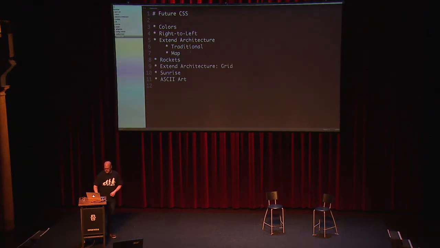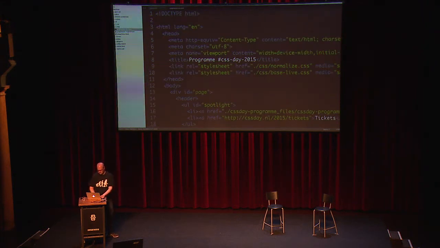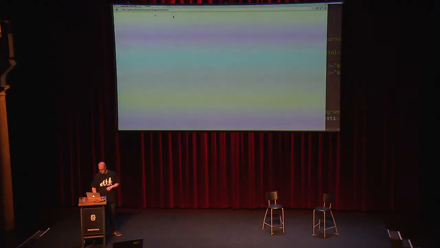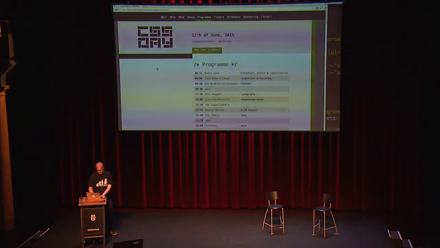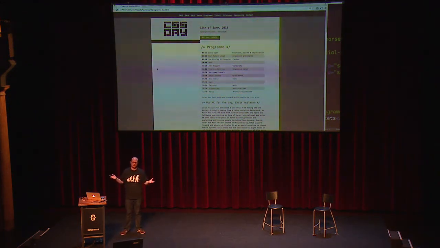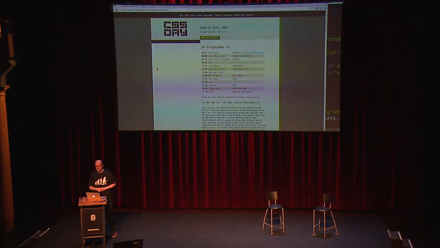A minute ago, I spoke about using right to left layouts. So this is the CSS Day website. Let me just zoom out a bit so you see more of it. The program page. This was done left to right, obviously. Now let's say CSS Day backs up its bags and moves to a country where people read from right to left. Well, what you could do